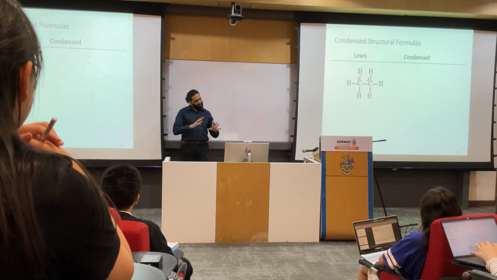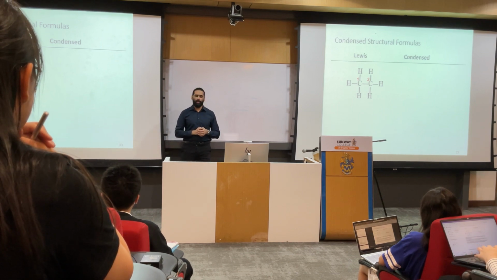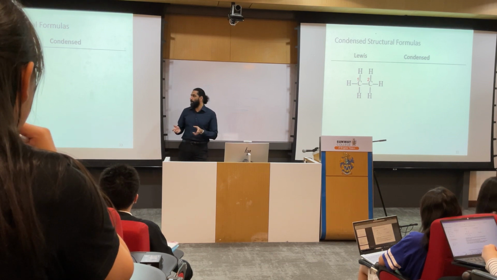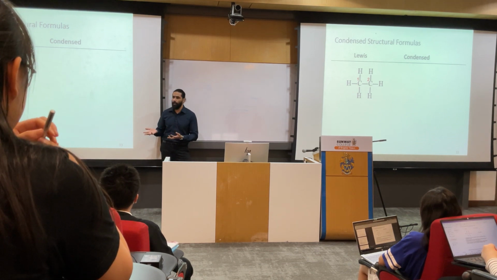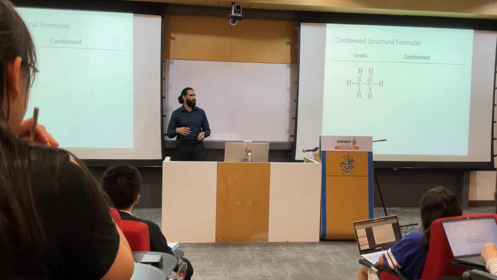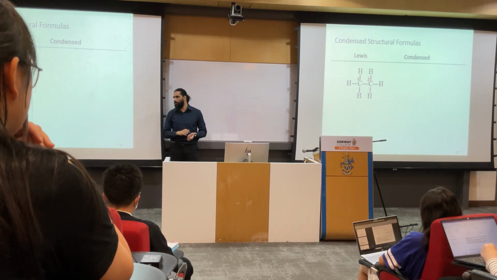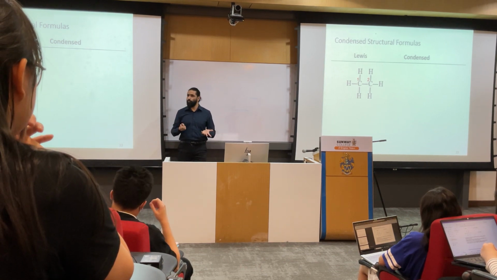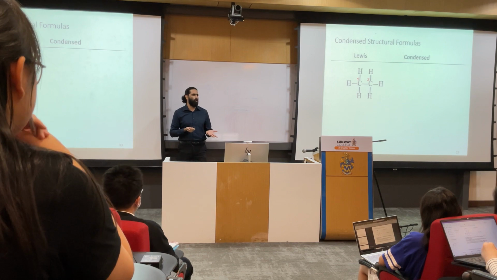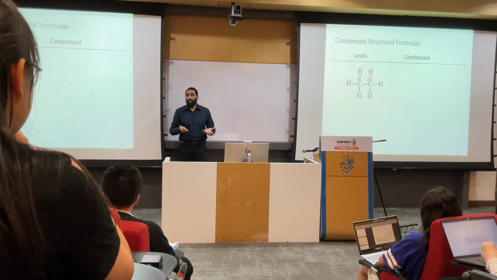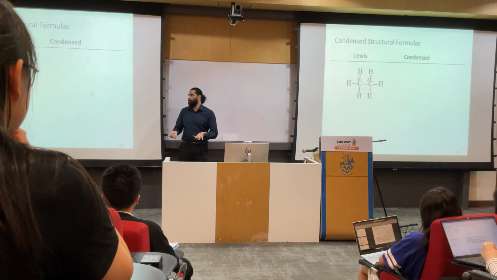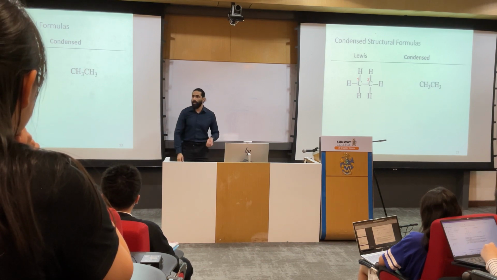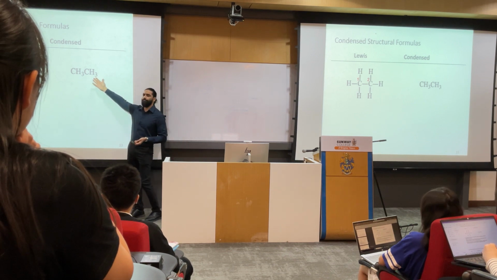Final part, the second last part of today's lecture would be to look at other types of structures. So far we have looked at Lewis structures, right? Lewis structure is quite a handful. You have to draw dots, then you have to convert them into lines. Sometimes those lines are very useful, but sometimes they are not that useful because they do not add any additional value. How? Because in some cases we can simply write them just like that.